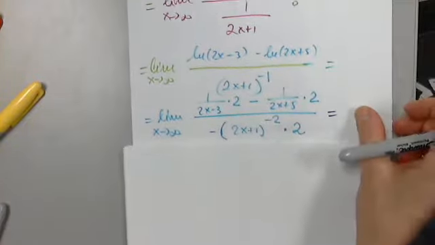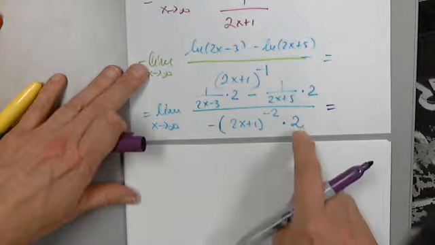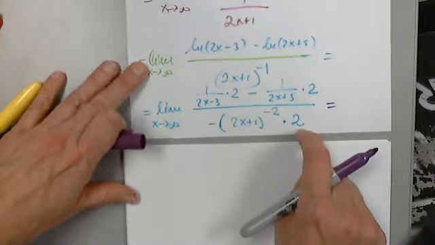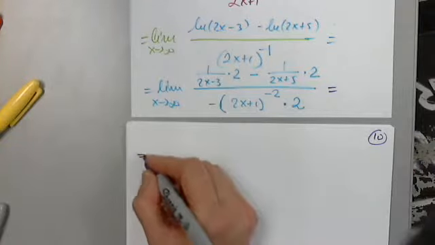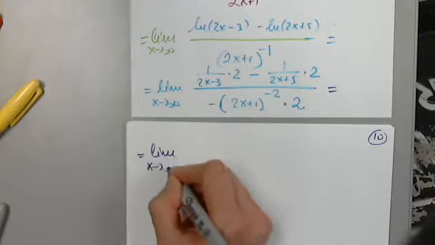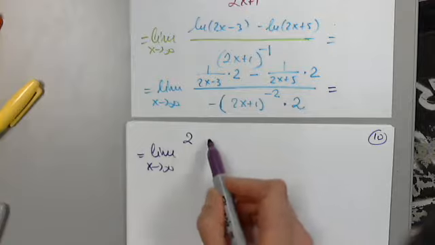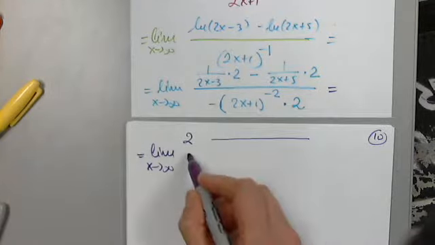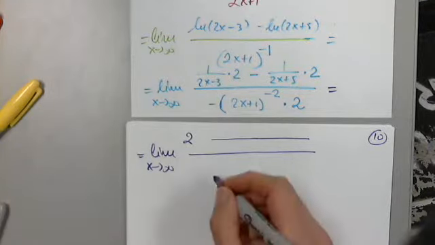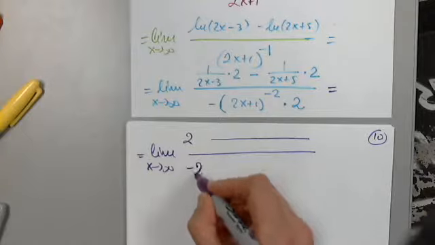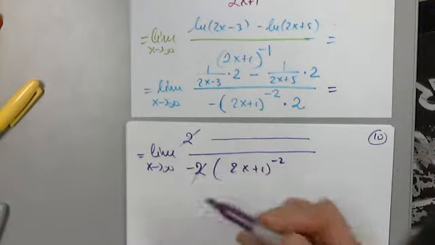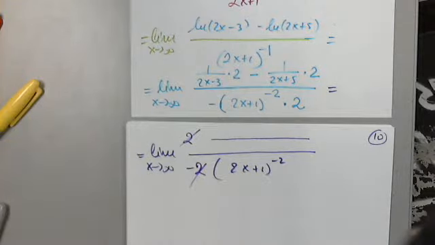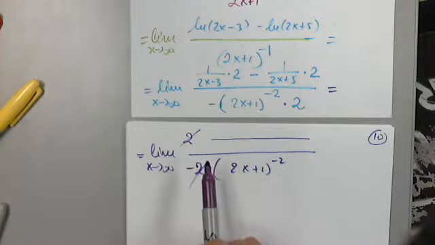I would like to factor out a 2 and simplify it with a 2 in the denominator. Would you allow me to do that? So you can write 2 outside and find the least common denominator for the top. And 2, negative 2, and 2x plus 1 to negative 2, so I can simplify these two. What is the least common denominator in the numerator?